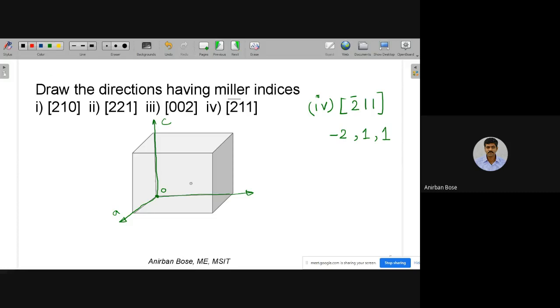Now, what you do is that you first find out this one. The next step is very, very important. Just listen carefully: none of the coordinates will be more than 1. So how can you make the maximum value of a particular coordinate 1? For that, we'll divide by the maximum integer value that is there. Here the maximum value is 2. Forget about the sign.